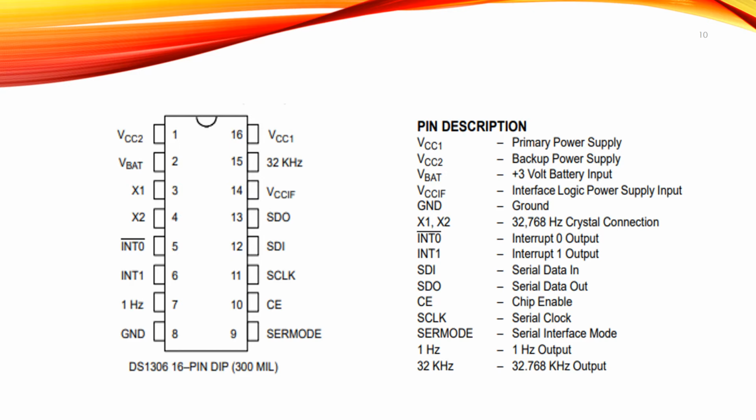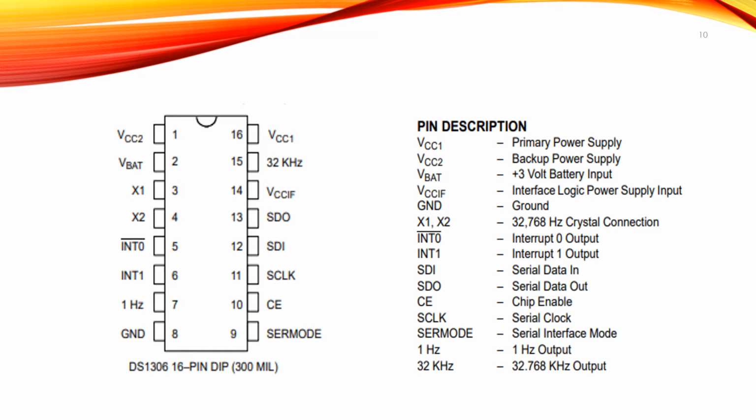Then chip enable, that is the CE pin. This is an input pin and an active high signal during the read-write cycle time. It must be high. Then INT 0, an interrupt request, is an output pin and active low signal. To use INT 0, the interrupt enable bit in the RTC control register must be set to high. The interrupt feature of DS1306 is also applicable. INT 1 is interrupt 1 request. It is an output pin, active high signal. To use this particular pin, the RTC control register must be set to high. The interrupt feature is also available with this particular pin.